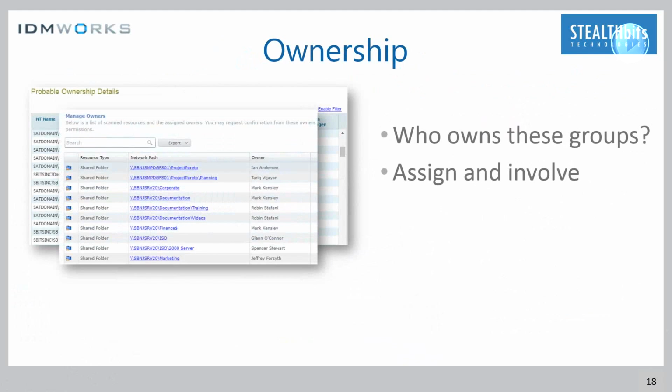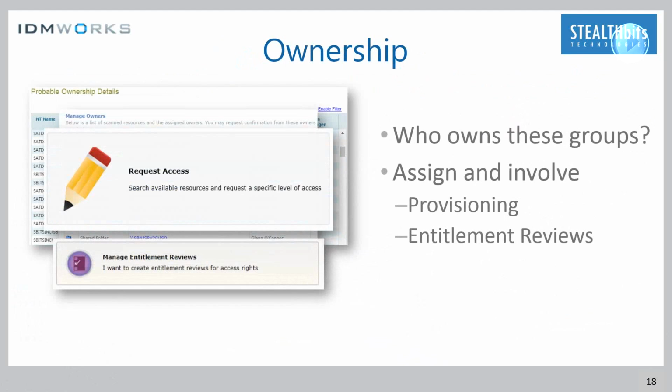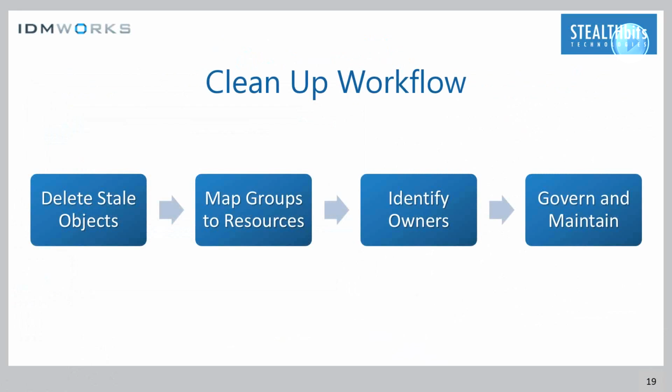Now let's get them assigned and involved, either through the Stealth Audit interface or through identity management products like RSA or SailPoint to get them involved in the provisioning workflow and attestation process. So Stealth Audit really provides an Active Directory cleanup workflow, deleting stale objects, helping you map groups to resources, identifying owners, and then getting them involved in the governance and maintenance of their resources. So not only can you clean Active Directory up prior to a major project, you can also keep it clean